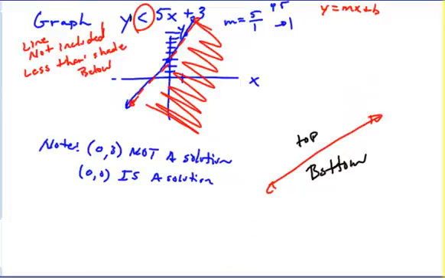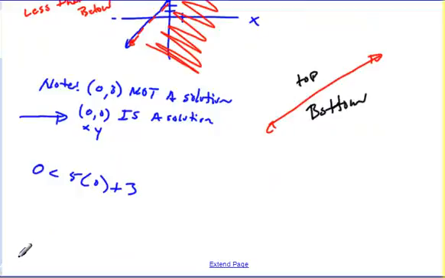I can try it once if you want. You want me to try it with one of them? Look, let's check (0, 0). I'm going to check this one with the group, just to teach you, make sure you're comfortable. So let's see, y is 0: 0 less than 5 times 0 plus 3. 0 less than 3, is that true or false? True, good. We hoped it was true because we said it was an answer. That's how you check it. And the cool thing with these problems, guys, is if that one point worked in the region, you don't have